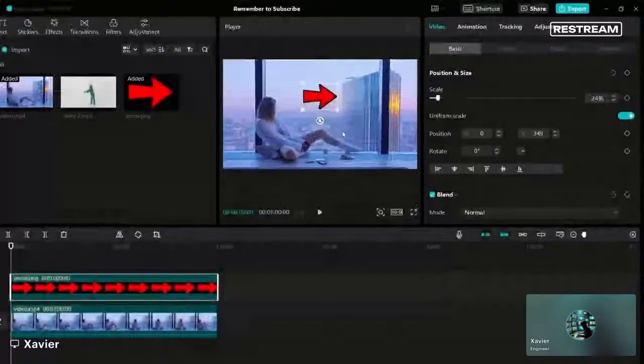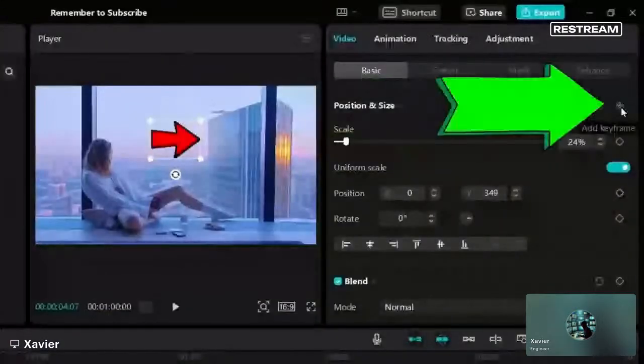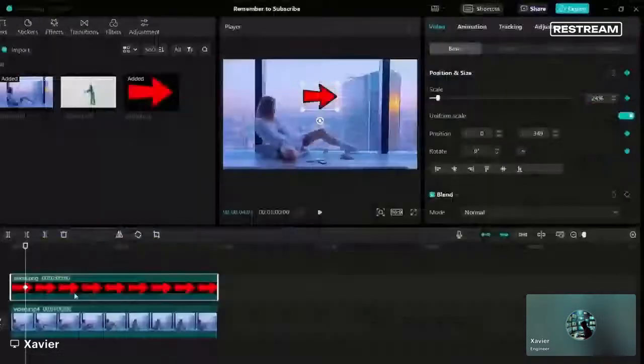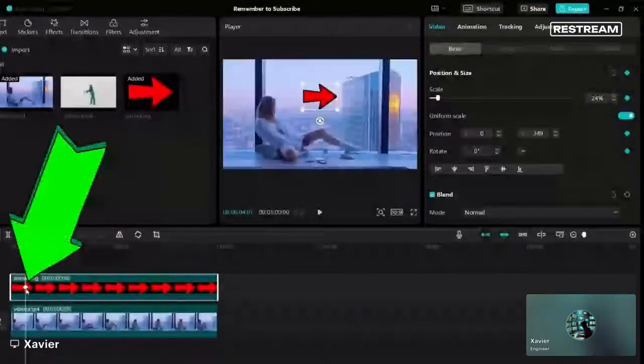So first, let's say we want to start moving it around this point. So just move the line to where you want to start moving it. Right, there is position and size, and on the right side there is this little diamond, the keyframe button. So I'm going to click on it. You can see for the image we now have a keyframe. A keyframe is a diamond like this. So add your first keyframe,